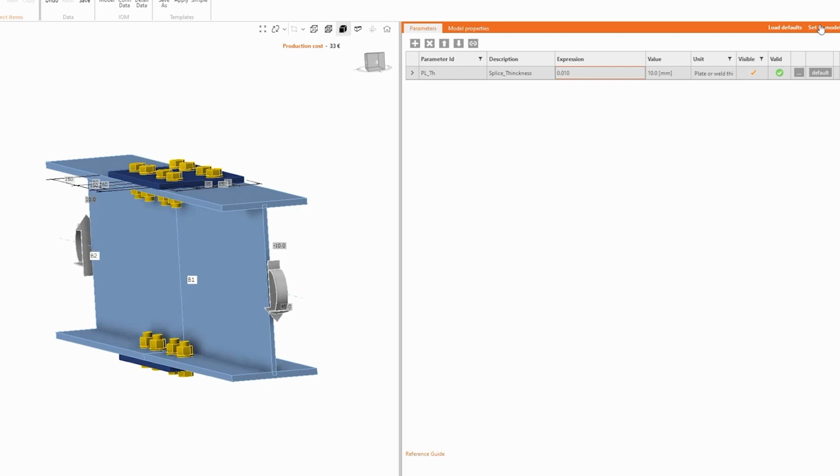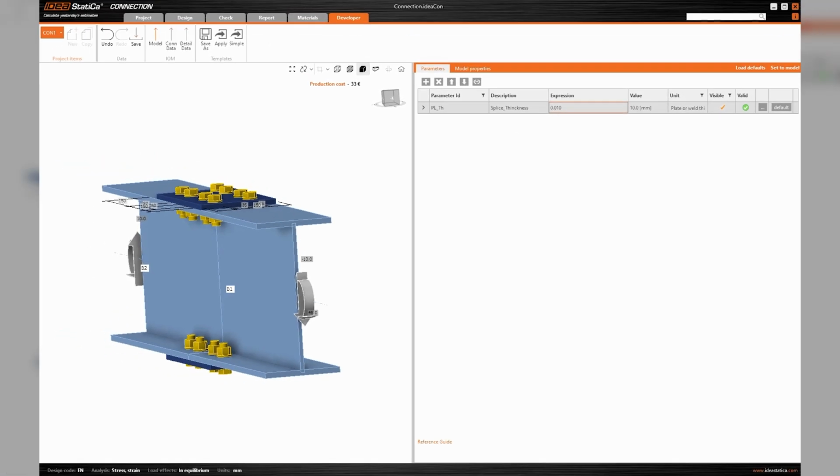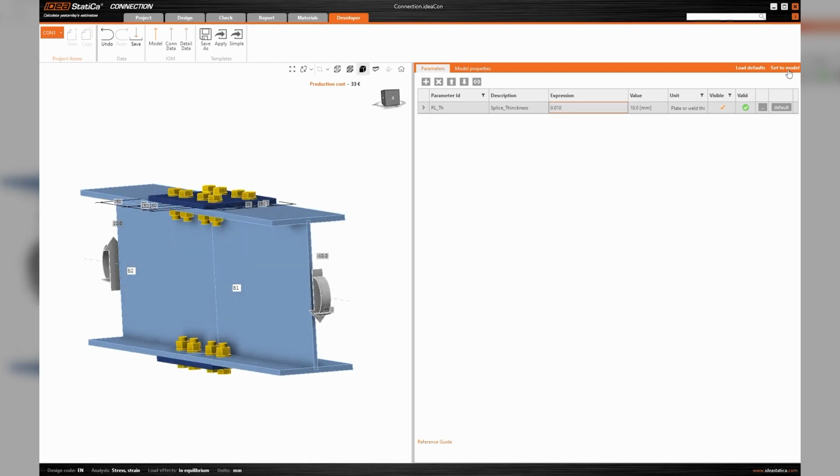For junior engineers, you can set up the range where you know that they can move safely within the parameter, so it leads to safe design within the reasonable range. Let me show you how you can create the template itself. So here I will set it to 20mm and then set it to the model, and I return to the